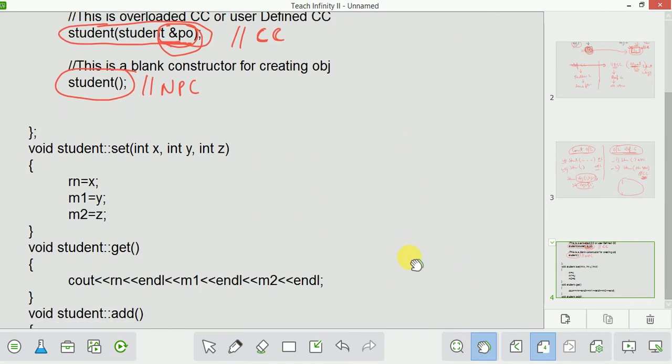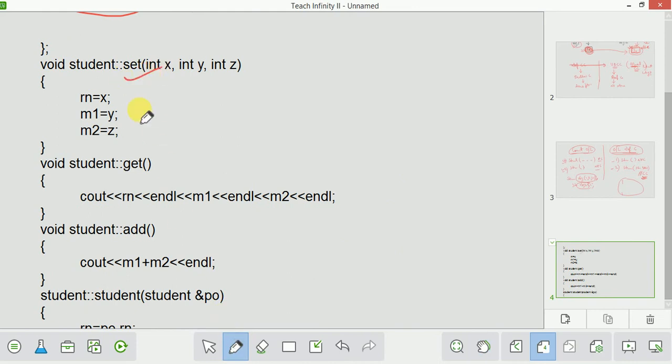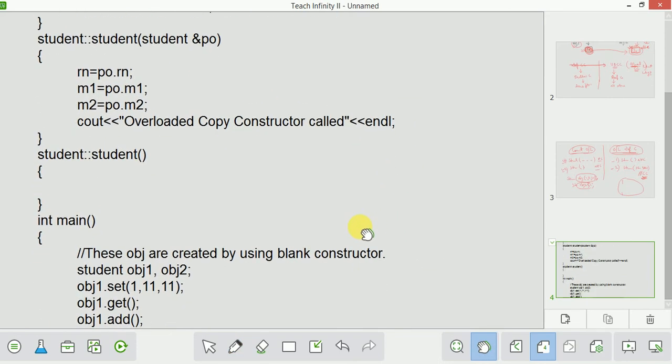Next, you will write the definition for the set function, get function, and add function. Next, you will write the definition for your copy constructor. You will pass the object as a reference, and then you will copy this passing object to the calling object.